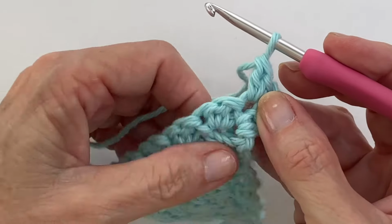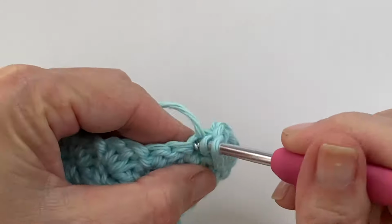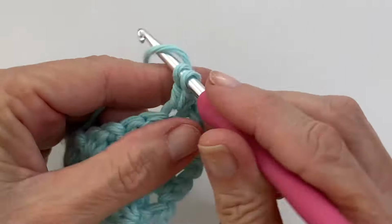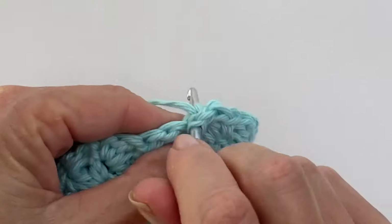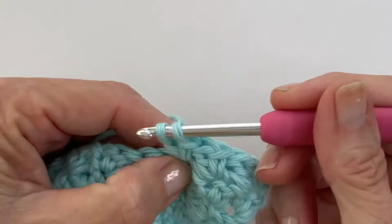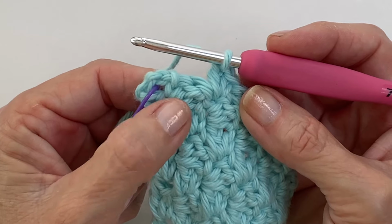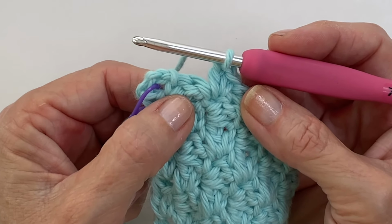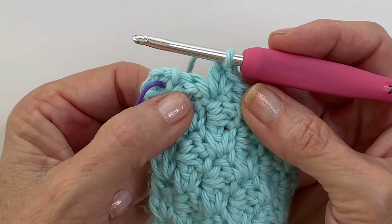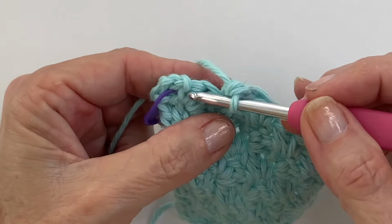And then we're going to work all the way across until we reach the very last Suzette stitch. Just wait for me for that last one. And we'll do that one together. Okay, we've reached the very last Suzette stitch, and this is where we're going to do our decrease. We're going to do 2 single crochets together, or in other words, a single crochet decrease. We're going to begin in the single crochet,